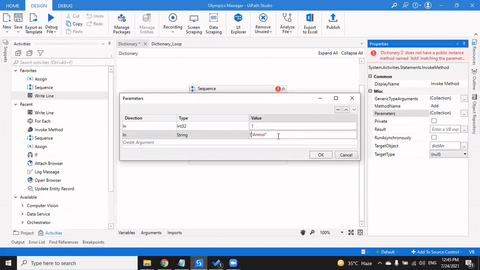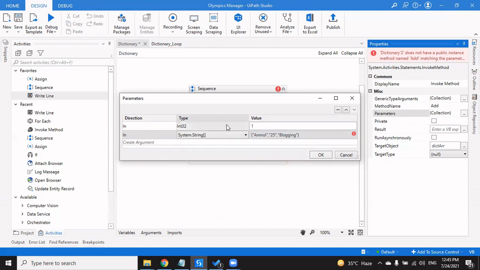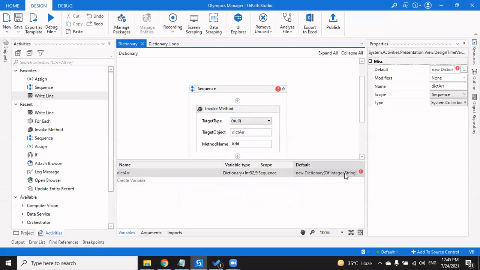So we'll say, okay, the name, then we're going to add the age, and then we can add, say, some interest, say content creating, something like that. Or you can say blogging, to make it crisp. So now we have added an array of strings. We need to modify the parameter over here, which is an array of string. So we have added it. Along with that, we even need to modify it over here, that it's an array of string. And that's it, we're good to go.